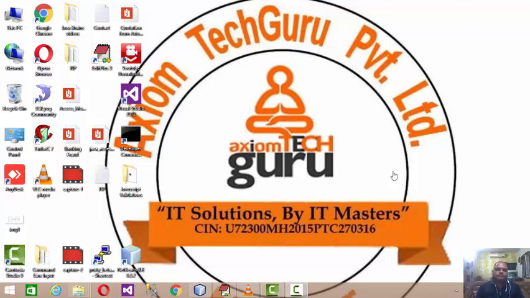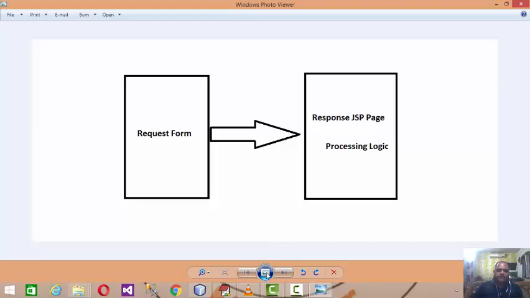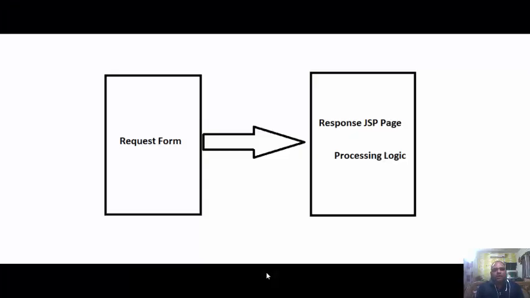Hello friends, welcome back to virtual session, and in today's session we are going to discuss how to process the data after posting that data from the request form. Up till now we build, using HTML, various request forms for inputting data or accepting data from the